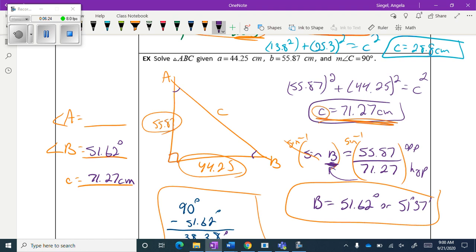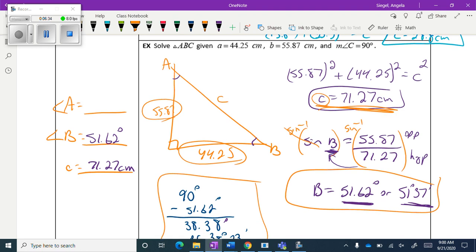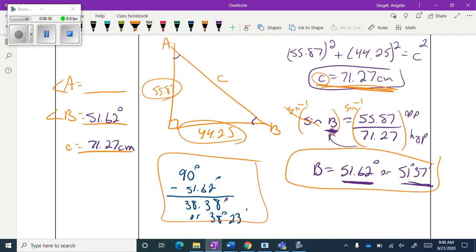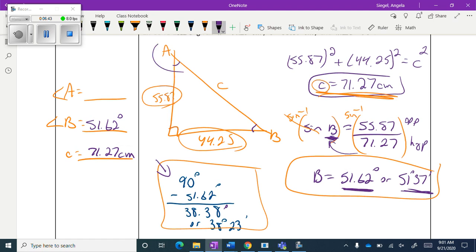And so something else I want to point out is it doesn't matter. You could have it in decimal degrees or degrees, minutes, and seconds. Just keep it consistent either way you choose. So we found B. So finally for A, again, just to make it easy on myself, you don't have to do it this way, but I knew that A plus B equaled 90, so I subtracted B from 90, and I got